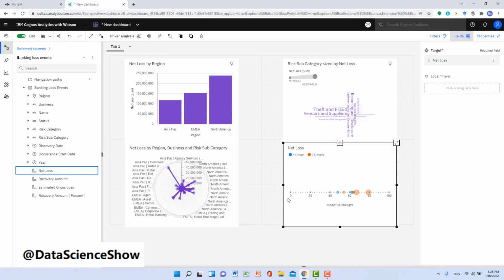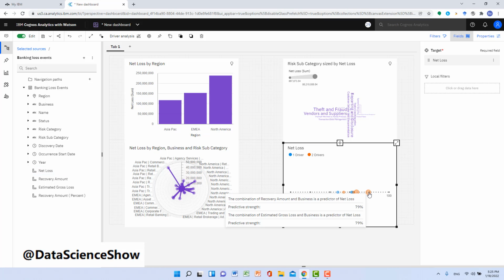And also, this position shows the predictive strength. For example, the first green bubble is at around 80, right? If you move the mouse over the first green bubble, it shows that the predictive strength of this bubble is about 80%. This green bubble represents a two-factor analysis.